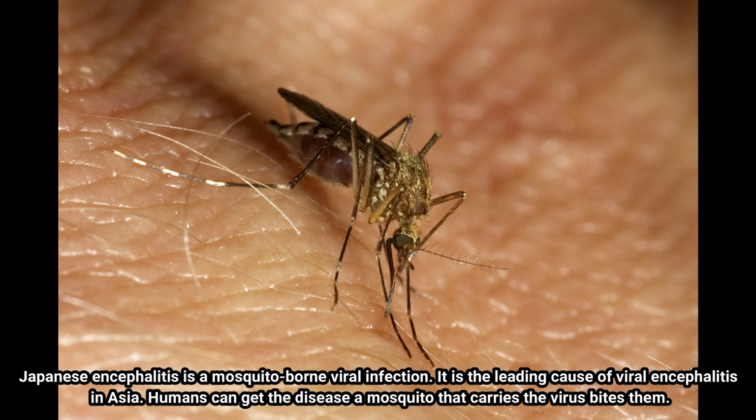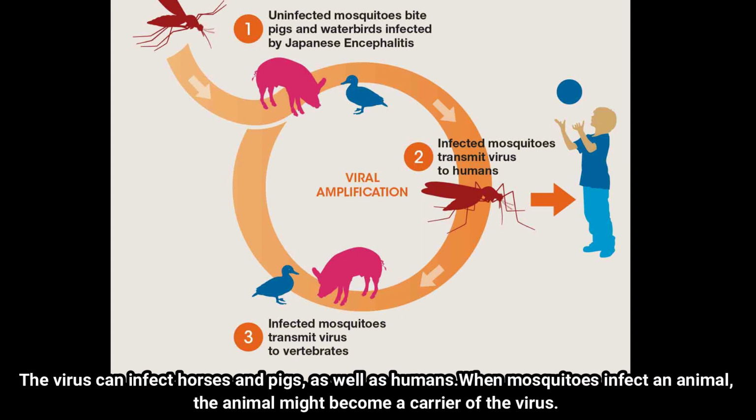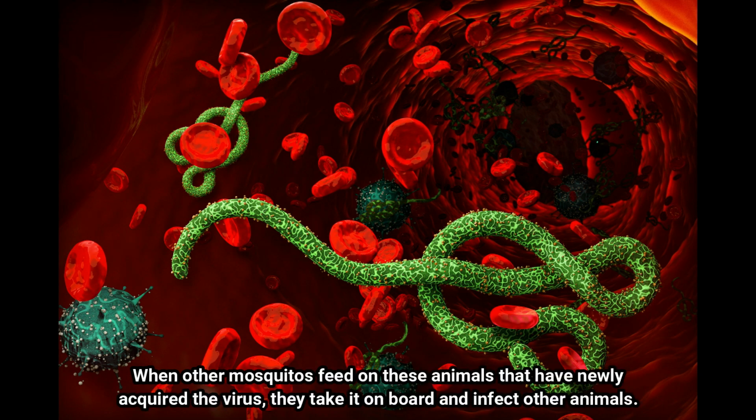It is the leading cause of viral encephalitis in Asia. Humans can get the disease when a mosquito that carries the virus bites them. The virus can infect horses and pigs, as well as humans. When mosquitoes infect an animal, the animal might become a carrier of the virus. When other mosquitoes feed on these animals that have newly acquired the virus, they take it on board and infect